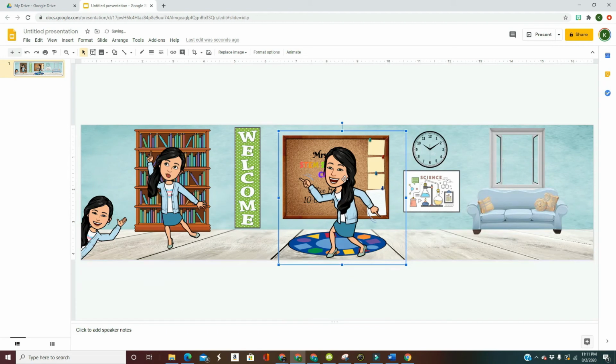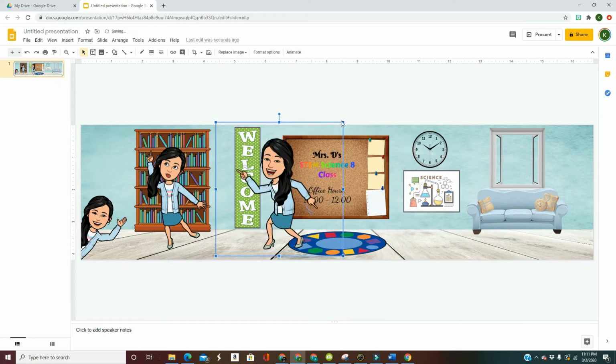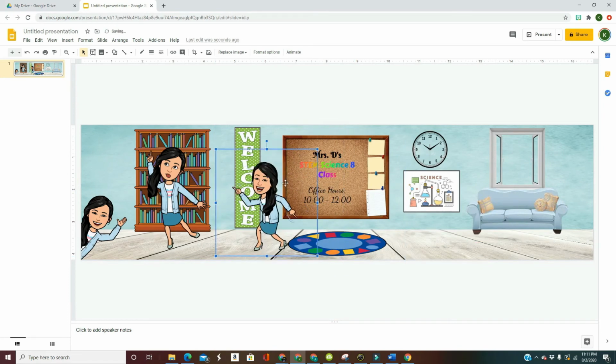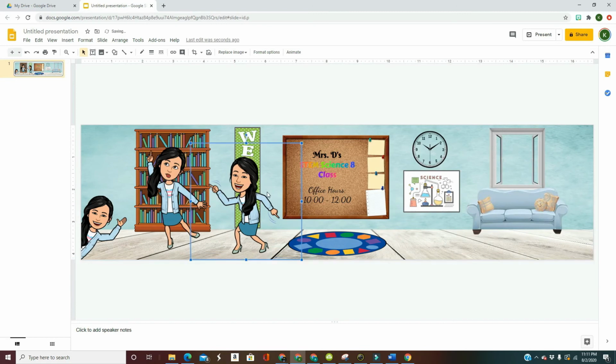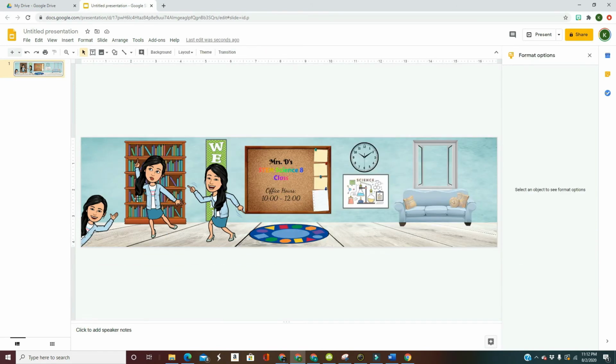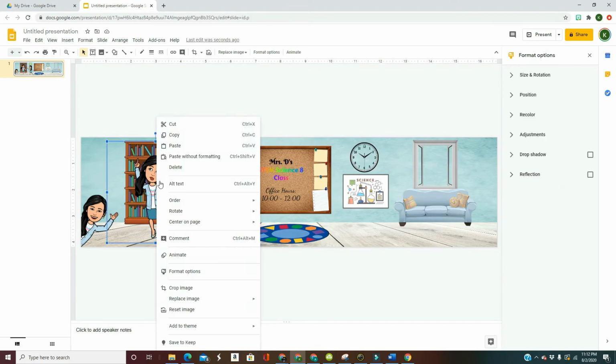So I had to right click and copy, and then now I am pasting it. So making it look like I am really dancing. So next I am going to copy